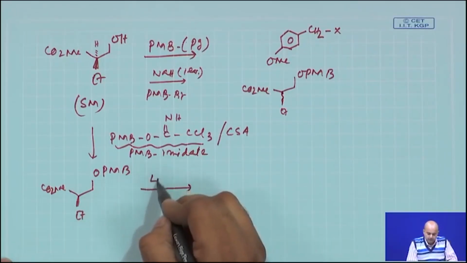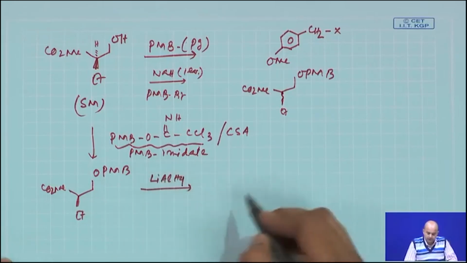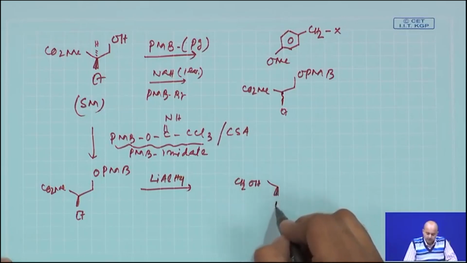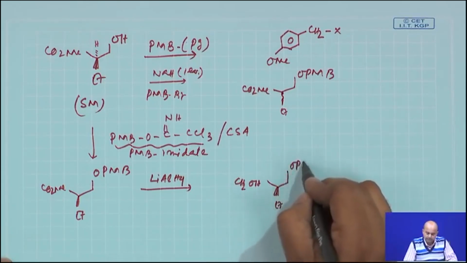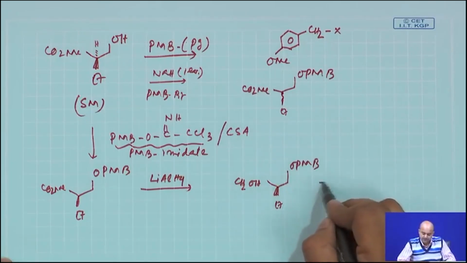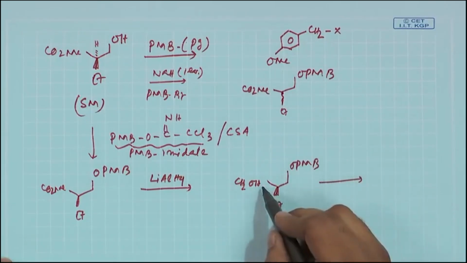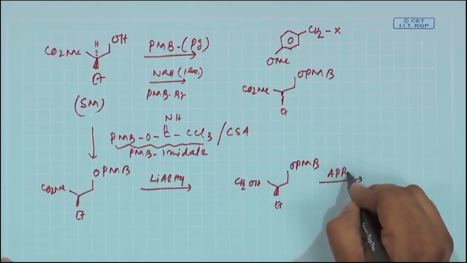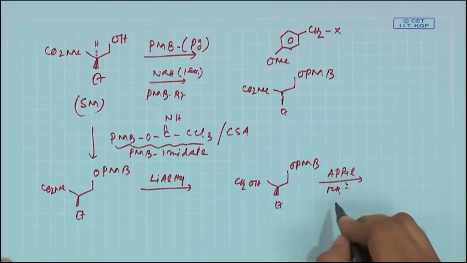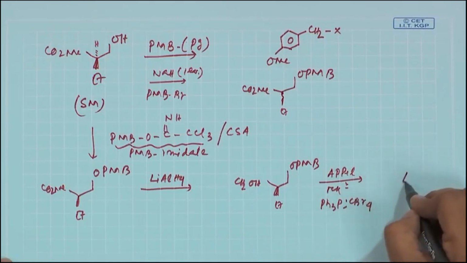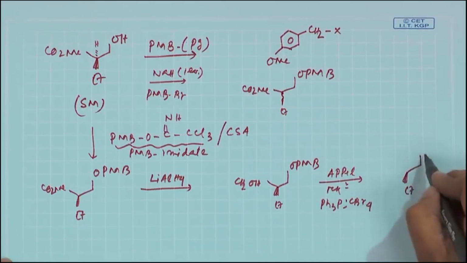You can reduce this ester to the corresponding primary hydroxy group, okay, something like this, and then you have to convert this hydroxy to the bromo to generate the electrophile. The best way you can do is by Appel reaction, which was also taught to you. The reagent is triphenyl phosphine and CBr4. So, then by this way you will end up with